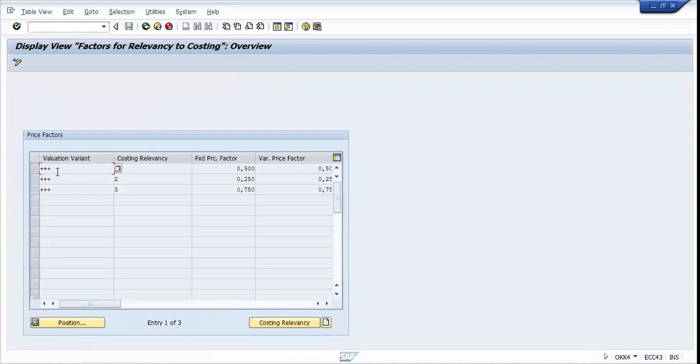This indicator determines whether the item is included in the costing. If I give the example, a bill of material item or operation for which the relevancy to costing indicator is X, that means it is fully relevant to the costing. Or if you see here, costing variant,